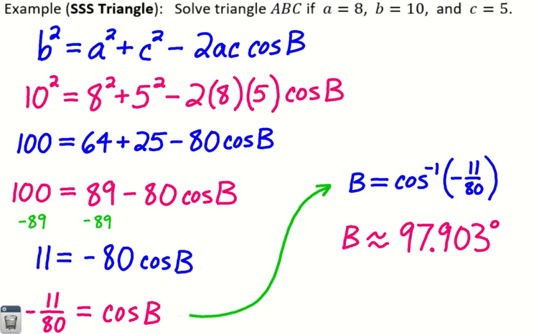97.903 degrees. So I can't help but notice here that this was a quadrant 2 answer. Huh. Cool. But again, as long as you're using the law of cosines, there's not really any risk of picking the wrong quadrant and the wrong answer. Because the other possible answer here would be in quadrant 3, as I explained last example,